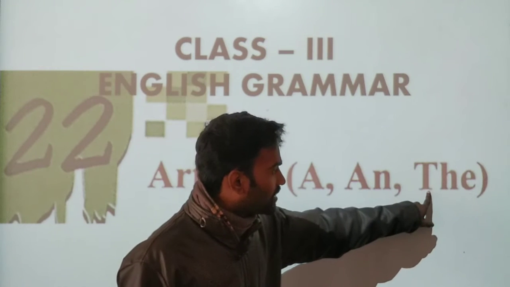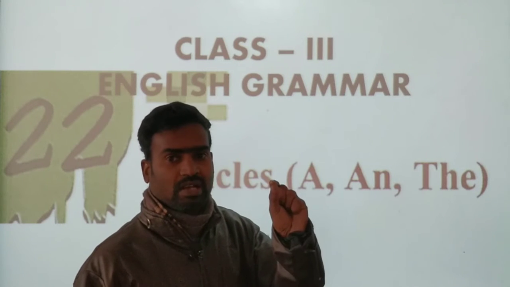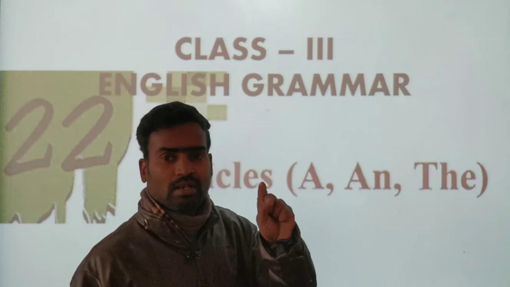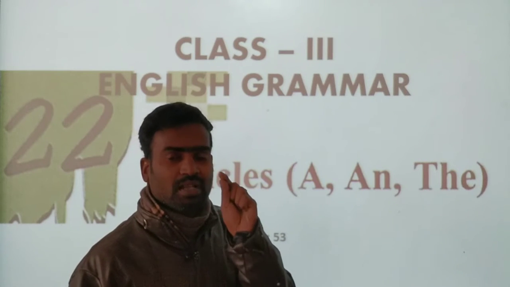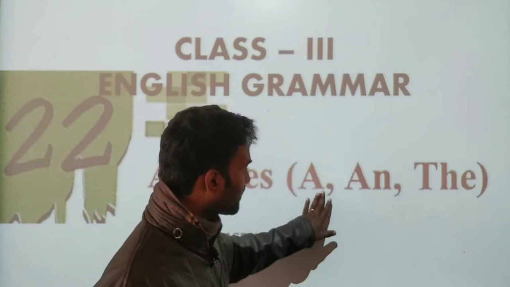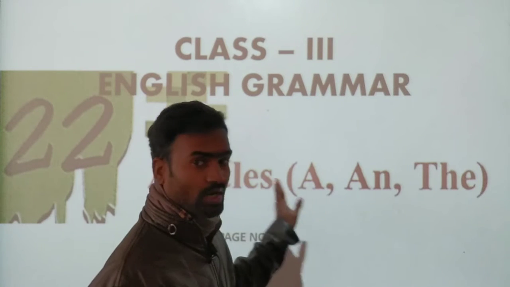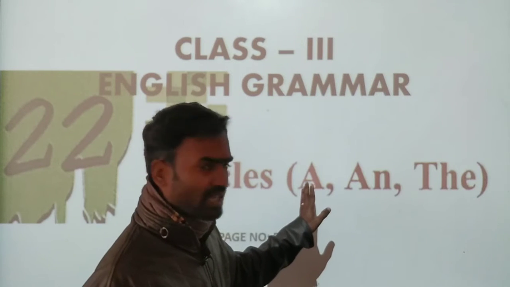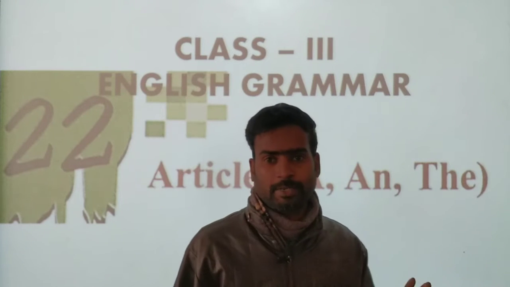But we say "the" is a definite article. We mean the particular thing. I need that, so bring me the pencil. We say "the" when we speak particularly about any object. So it is the indefinite article and the definite article. So we shall see these articles. When we speak about articles, we have a, an, and the. Remember that, okay.